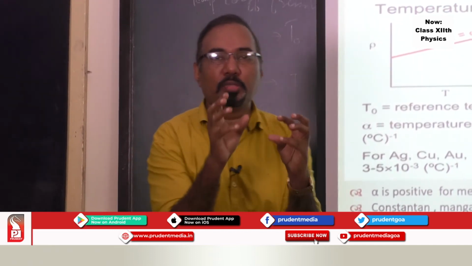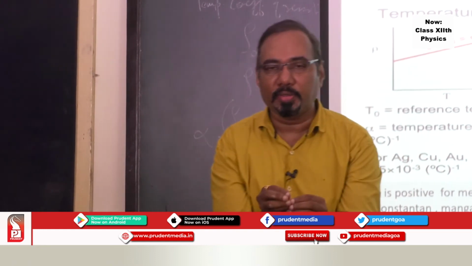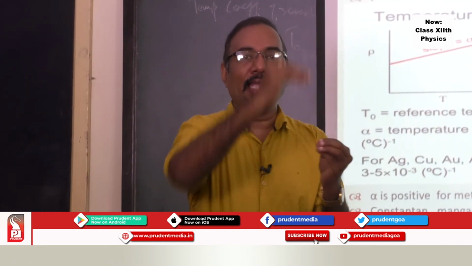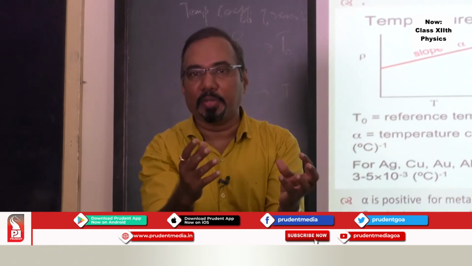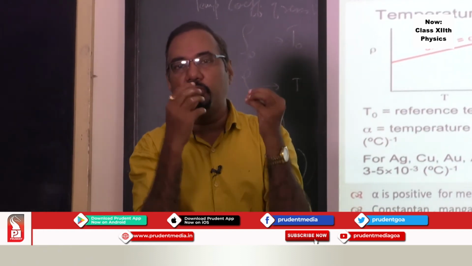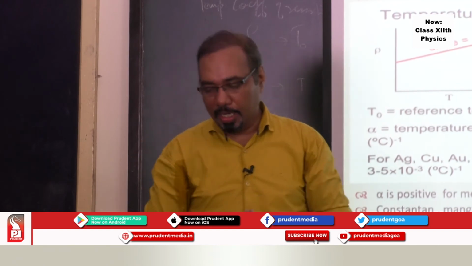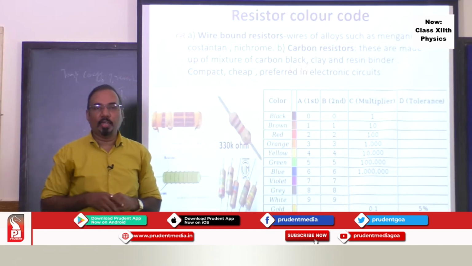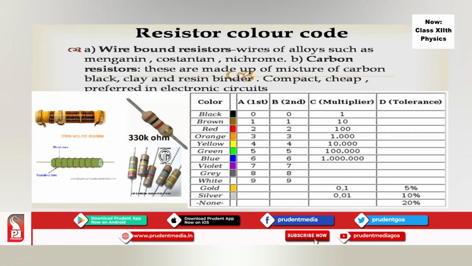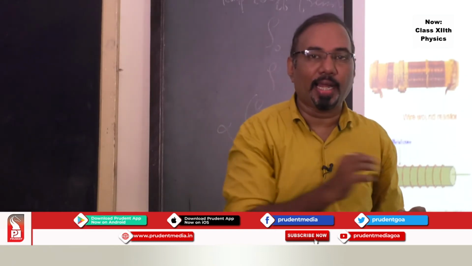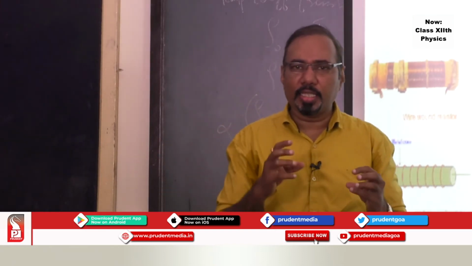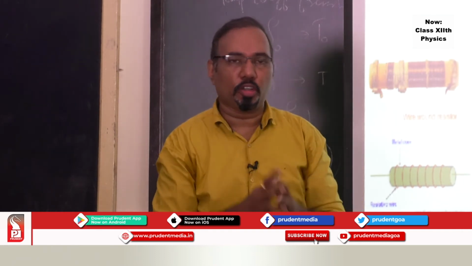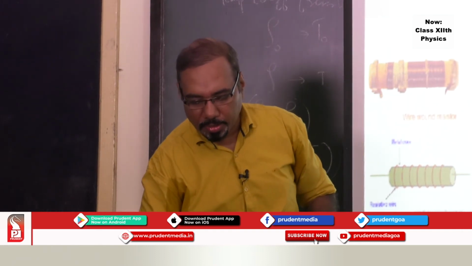So in a nutshell, what is meant by temperature coefficient of resistivity? If the change in resistivity is more with a rise in temperature, the temperature coefficient of resistivity is more. That's what it means. Next, we understand what is meant by a resistor. We have discussed the temperature coefficient of resistivity, what is meant by resistance, and the cause of resistance, which is nothing but electrons colliding with the metal ions. Now we'll see the element called a resistor, and the types of resistors. There are various types of resistors.